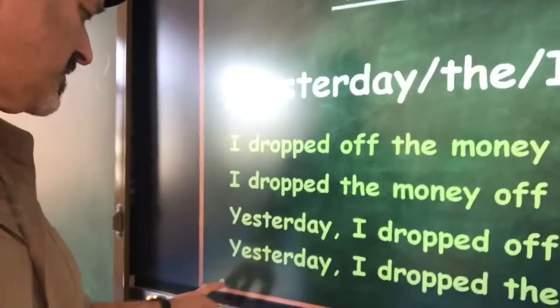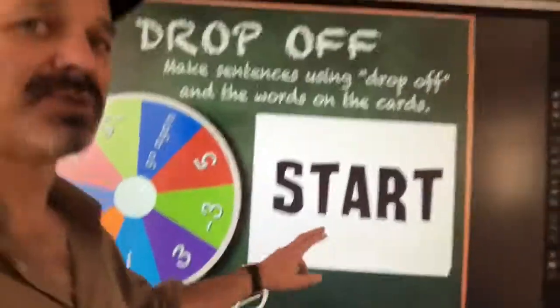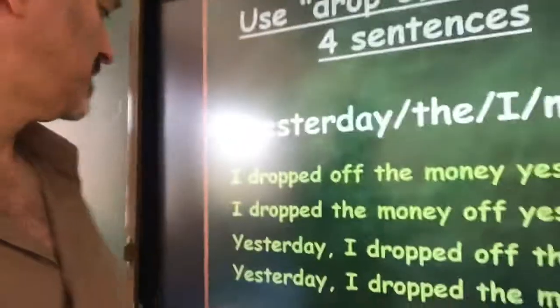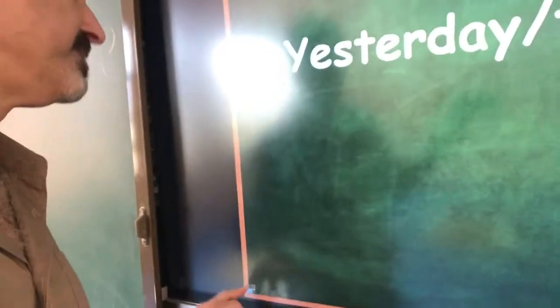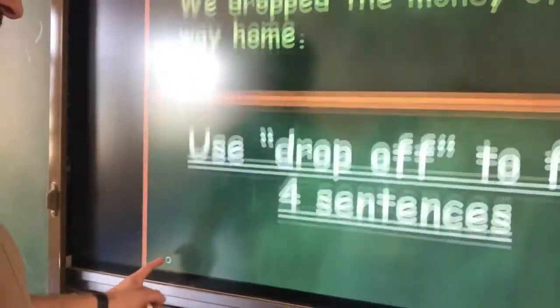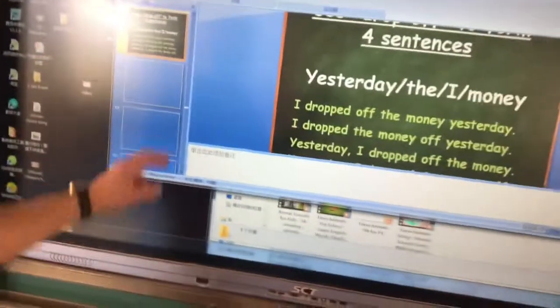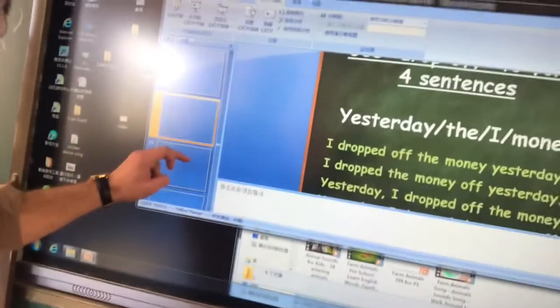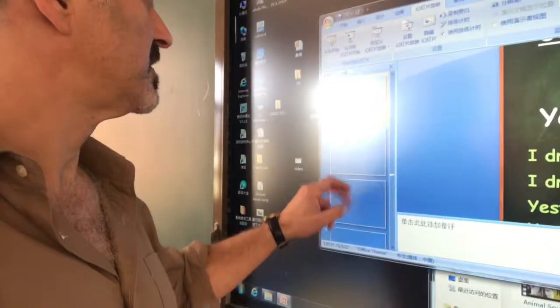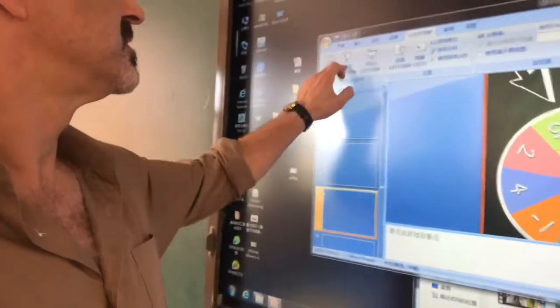Then we go through a bunch of those. Once again, you've got the debt gang. Then I have this slide here, working with drop off. It starts. Oh, it's not working. Go back. Go back. Go forward. There it is. Where'd it go? Technical difficulties. Always frustrating. It's freezing up now. There it is.